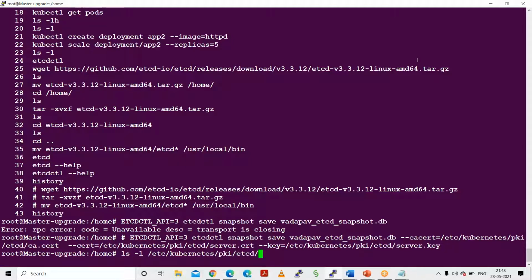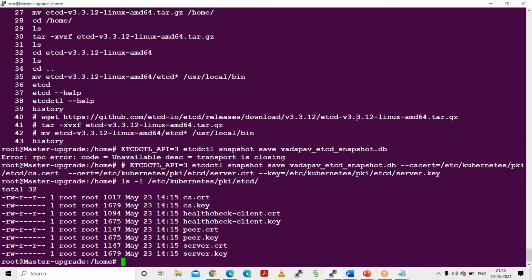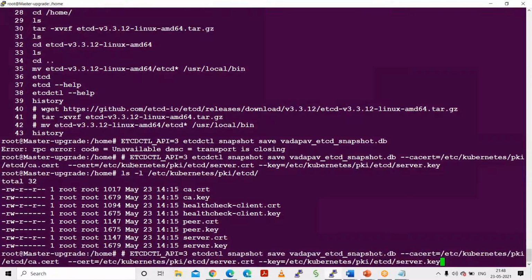Somebody please mute. And you can see here you have all these things. server.crt is there, key is there, already it is there. If you forgot the name of this one, you can go to this location also and check what certificates and keys are available. That's it. So now let me just use the same command